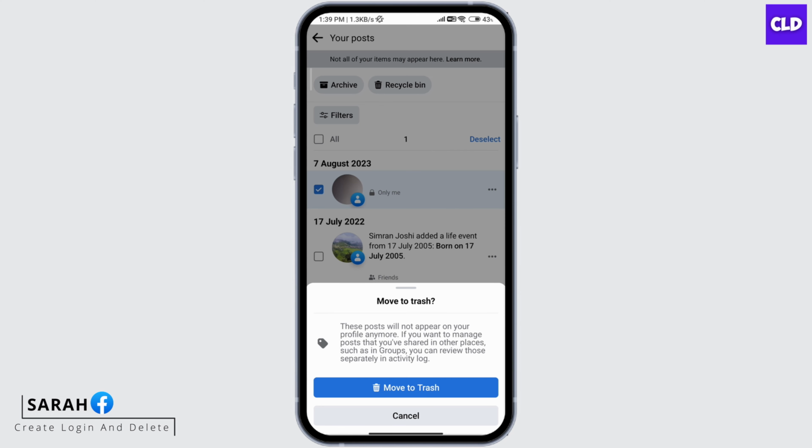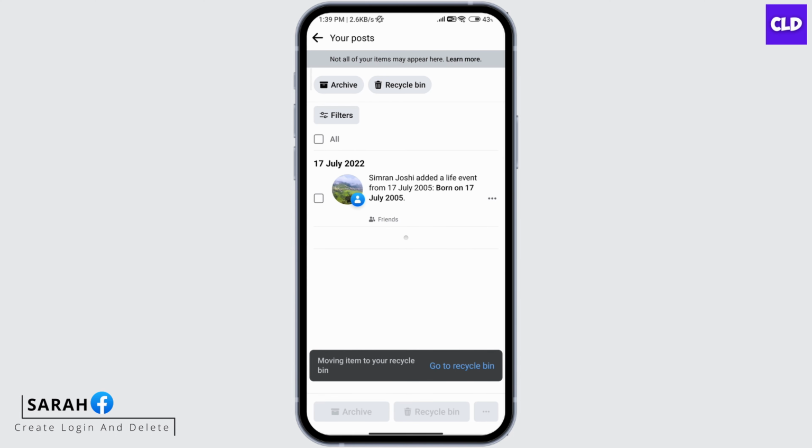And if you want to manage posts that you've shared in other places such as groups, then you can review those separately in Activity Log. Click on Move to Trash, and that post will be deleted. So this is how to bulk delete old